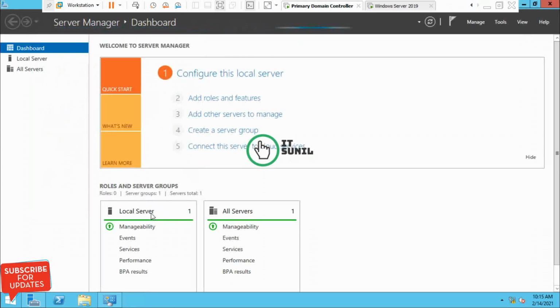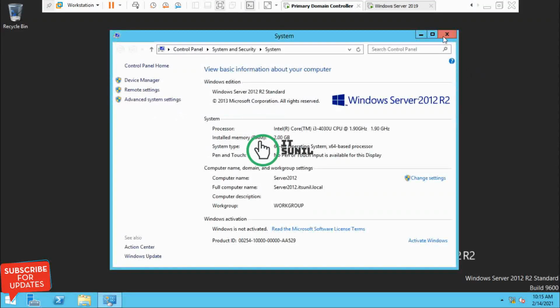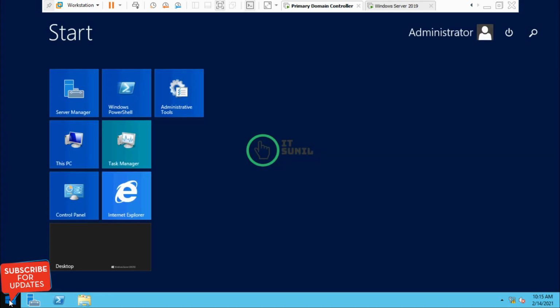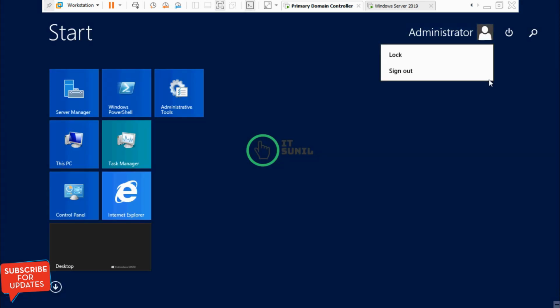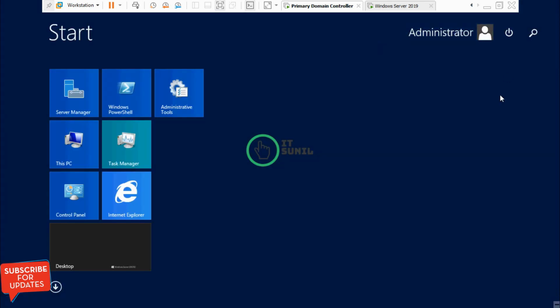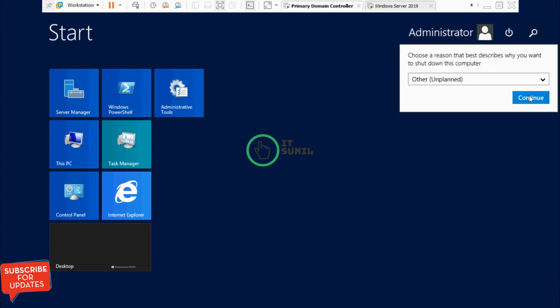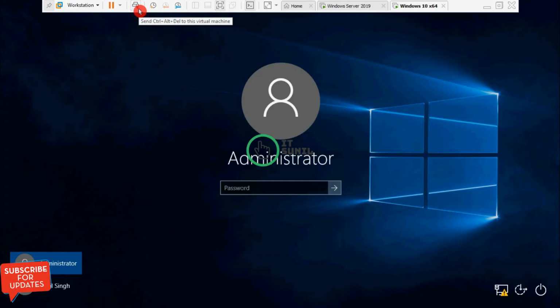So let's shut down my Windows Server 2012. Click shut down.